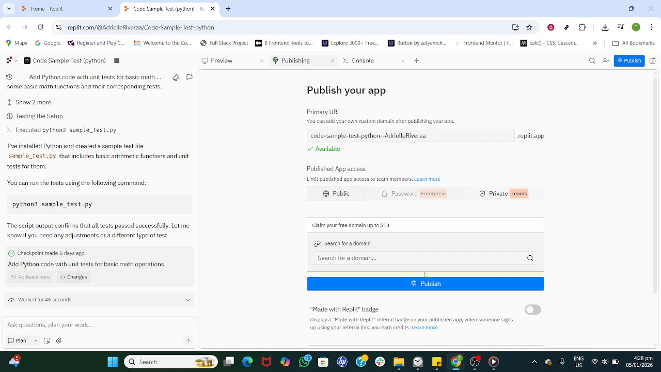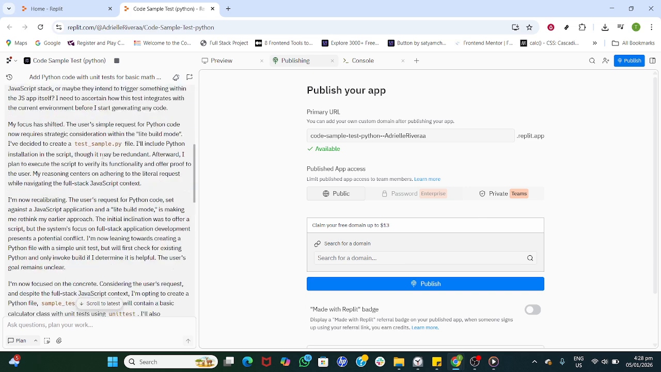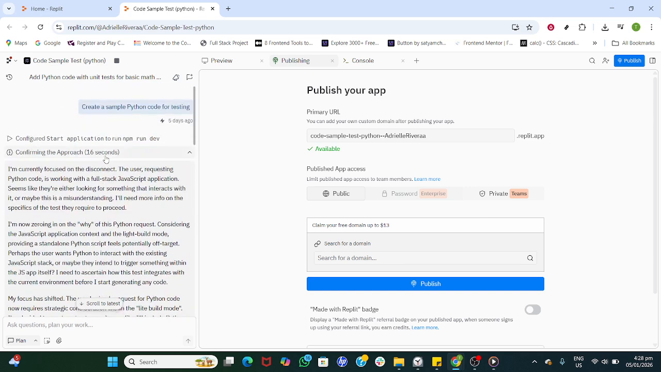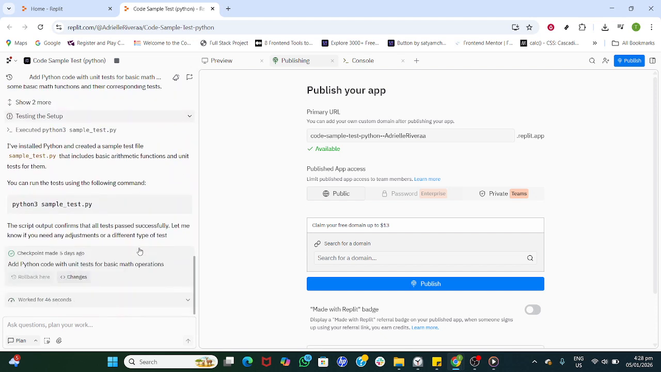You may be prompted to add a short description or tags so others understand what your project does. Confirm your choices, then click Publish again to finalize. Replit will package your project and make it available to share. That's it. You navigated templates, created a Python project, explored the editor, and published your